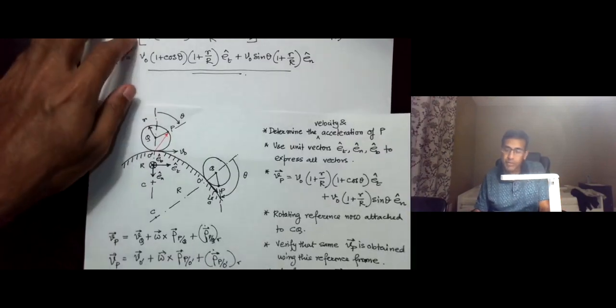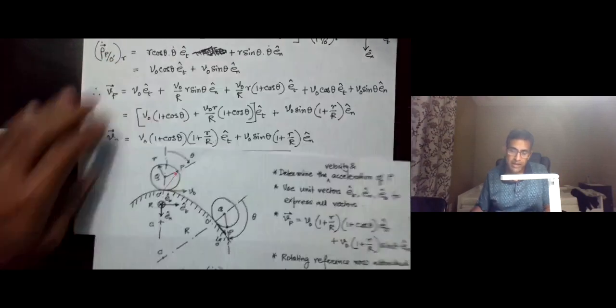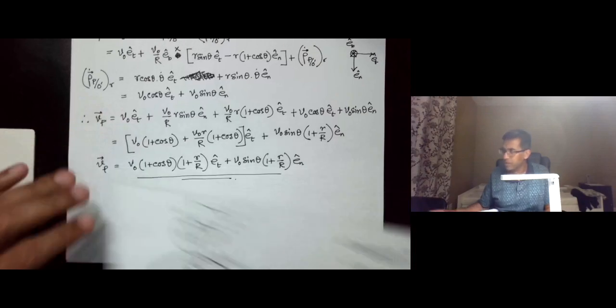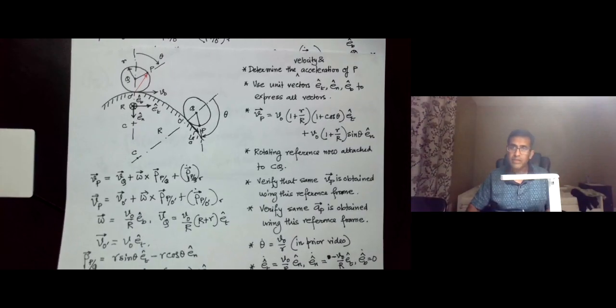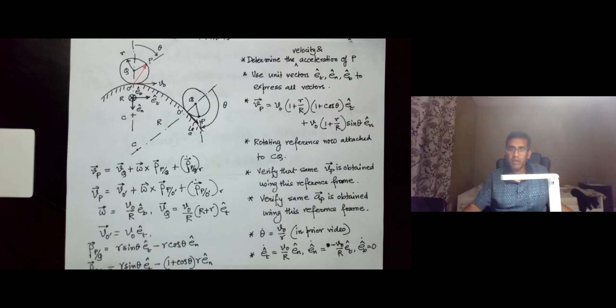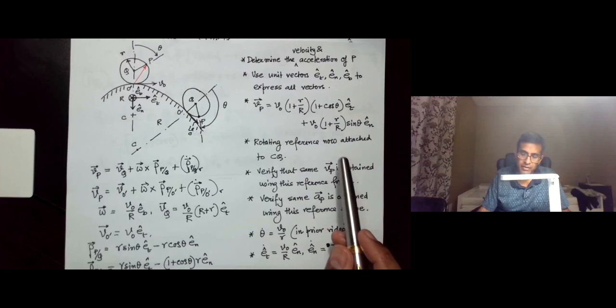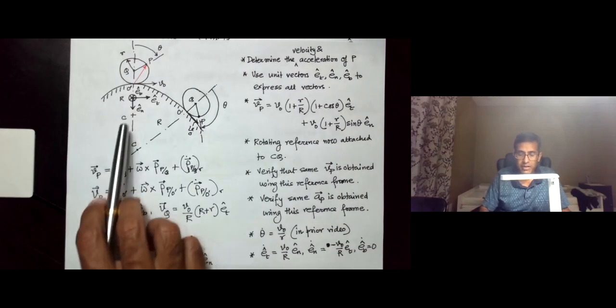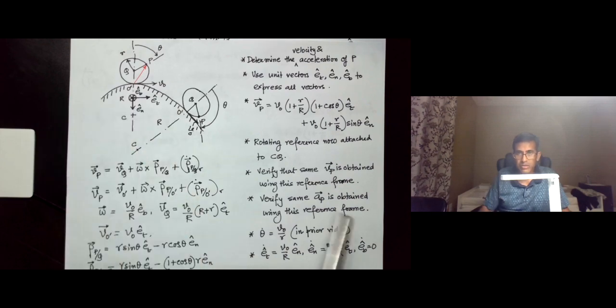We are not going to do the acceleration calculation in this video, rather we'll stop the video here, and in the next video we are going to do the acceleration calculation with this reference frame. Keep in mind that in this video, for this problem that we have been working on in the prior 2 videos, we have changed the reference frame, the rotating reference frame. Now our rotating reference frame is CQ, which joins the instantaneous center of curvature of this path to the center of the disk, and with that as our rotating reference frame we are solving for the velocity and acceleration of P,